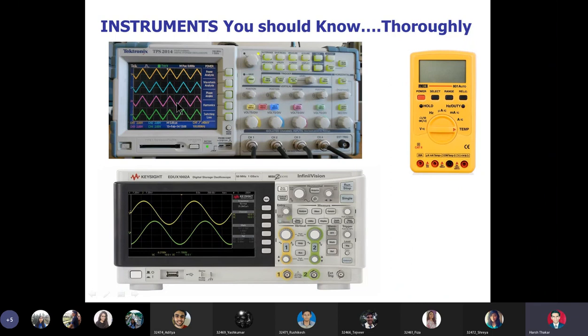domain. If you wish to display any current signal, then you have to pass it through an I2E converter and then you can observe it with proper mathematical calculations. And if you want to observe the same signal in the frequency domain, then there is one facility in the DSO called the math menu, you can see here, and that basically performs an FFT on the signal, that is fast Fourier transform, and it actually transforms our time domain signal into frequency domain, and thus we can see which harmonics are present in the signal in addition to the fundamental frequency.